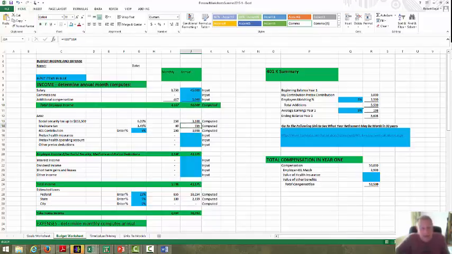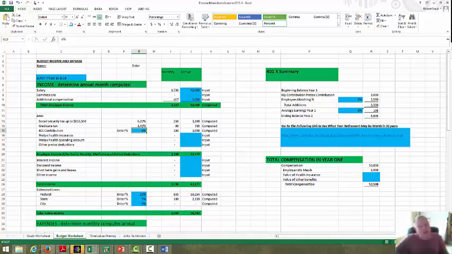Now what happens is automatically this model will compute what taxes are, Social Security, Medicare taxes. Now, when you contribute to a 401k, you can contribute in pre-tax dollars. So what we do is we enter a percent. So I assume that I'm going to contribute 6. You may do less. If it has any other spending deductions, pre-tax, you put them in.